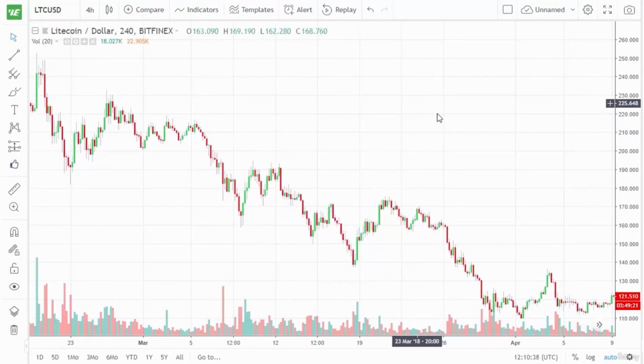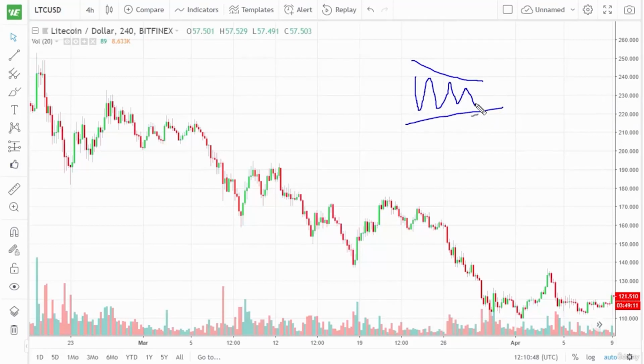Now, a wedge is a little bit different animal, and that's mainly because it's opposite of what you would think it would be as far as its directionality. So what I mean by this is that a wedge is a constriction of price, if you will. So we're just kind of banging around in a little area, getting narrower and narrower, and then eventually we break down, right? Except most wedges appear with a bias. And as this is a rising wedge,